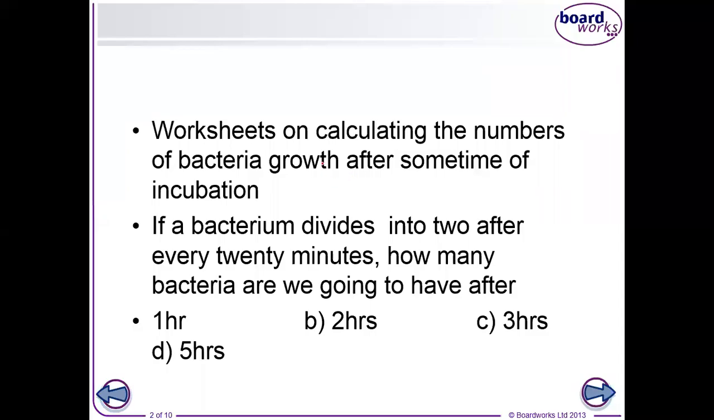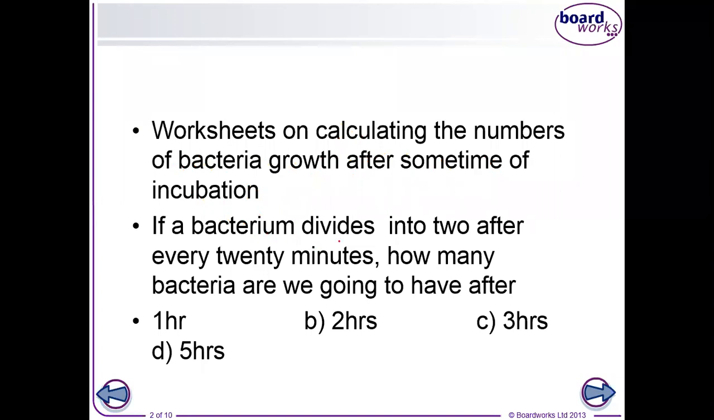Now, this is a worksheet on calculating the numbers of bacteria growth after some time of incubation. Incubation means when you put a bacteria in a petri dish, then you put it in an incubator for incubation to take place. During the process of incubation, what happens is